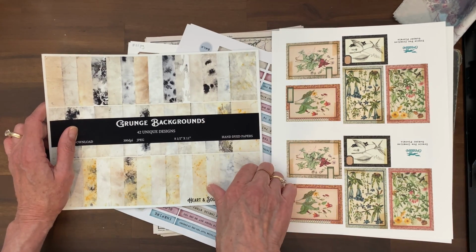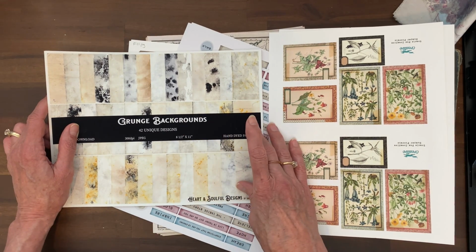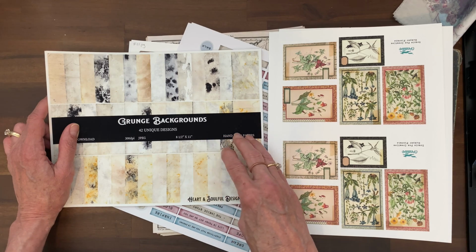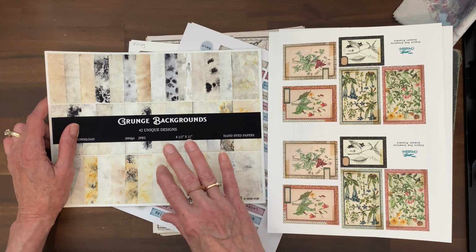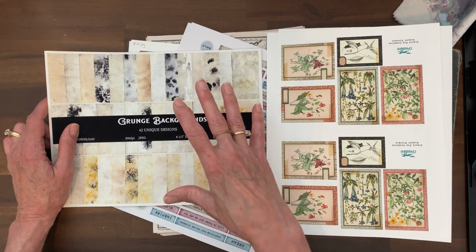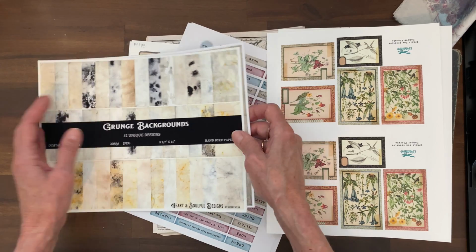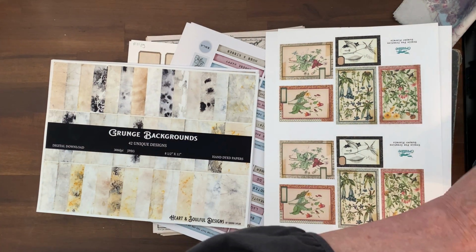Read the description about what you're getting. The other thing you want to pay attention to in that description is what's allowed and not allowed. Like I said, I would say 99.9, if not 100% of the sellers out there are allowing you to use that digital kit. So if you were to buy this kit or my other kit,